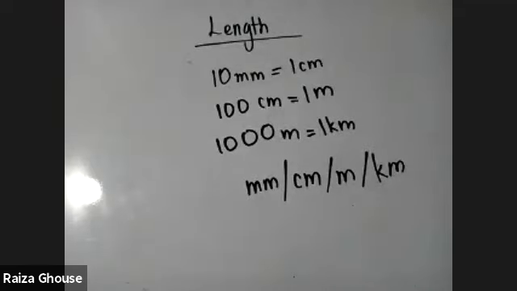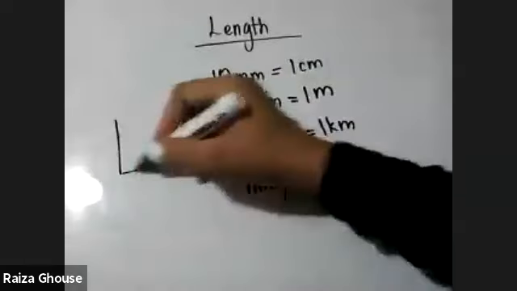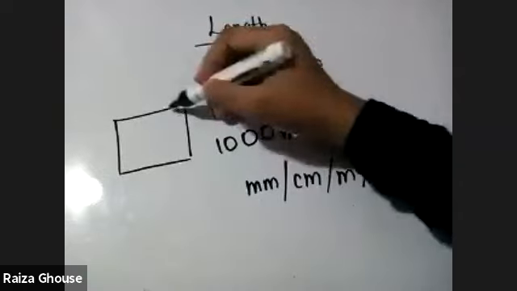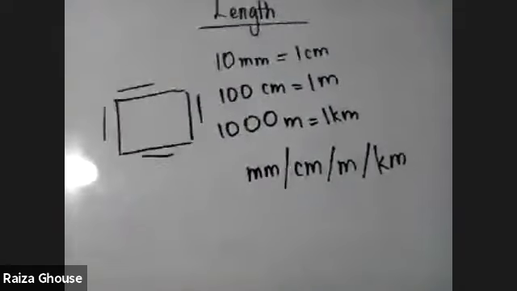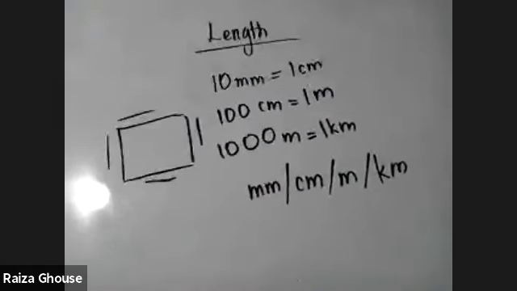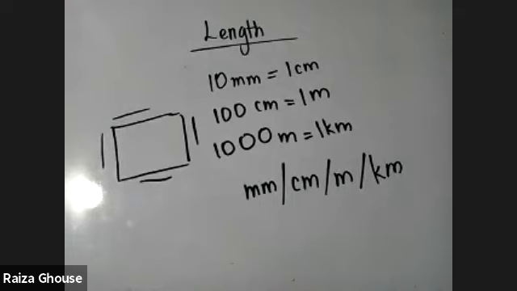The second thing that you should know is, what is perimeter? Perimeter means the length or the distance of a closed plane figure, the outer distance of a closed plane figure. I'll tell you what it is. For example, if I take a square, this is a plane figure. Outer distance means this part, right? So that outer distance of a plane figure is called the perimeter. Not only square, you can call for rectangle, right? Trapezium, parallelogram, triangle, hexagon, anything, right? You can find the perimeter.